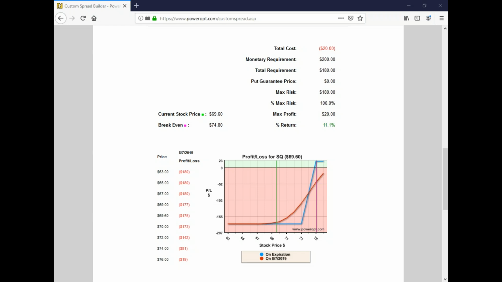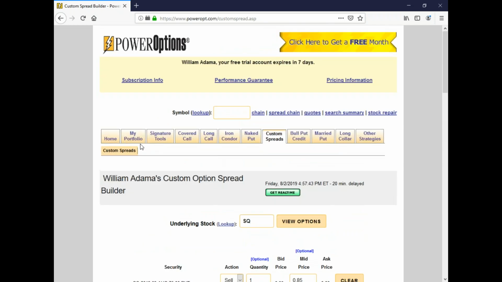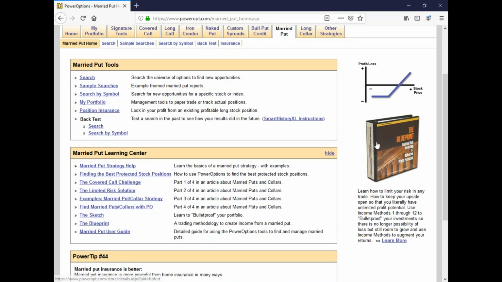Asotush's next question. How do you fix a married put in which the stock has gone down 10% and the put is far in the money? Well, that depends on your outlook. That's sort of what's discussed in the blueprint, the 12 ways we manage the married put position, those 12 income methods. Some work if the stock's up, some work if the stock's stagnating, and some work best if the stock has fallen. You want to analyze what the situation is, and you can use different adjustments